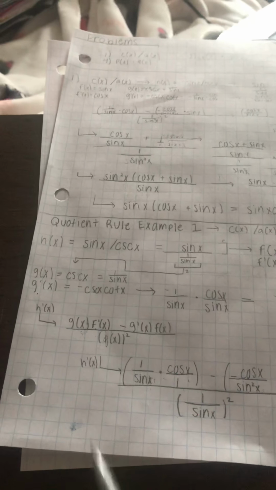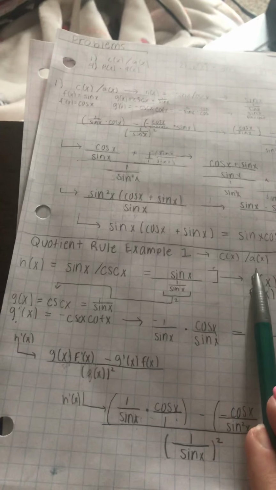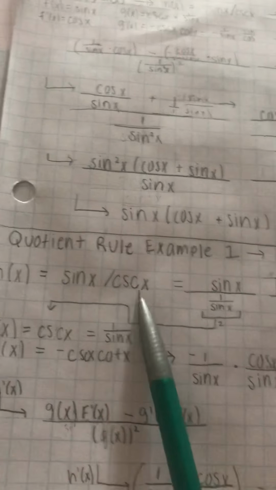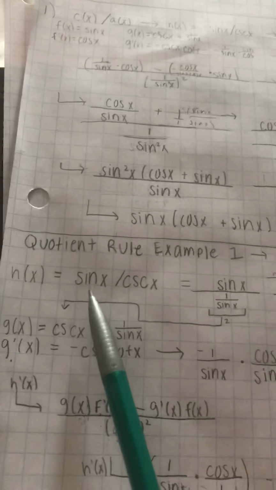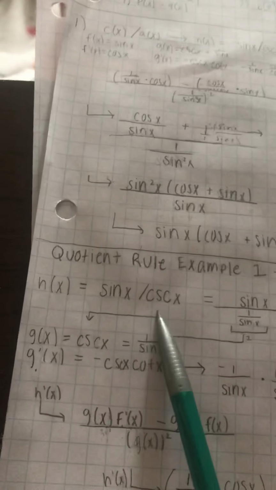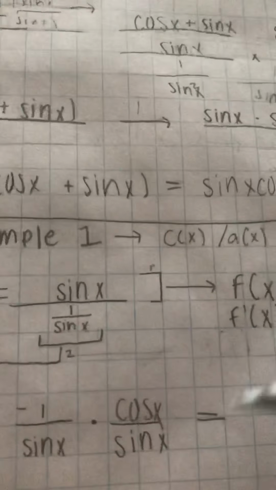For this video, I'll be going over my first quotient rule example. I did c of x divided by a of x. For my problem set, I had sine of x is equal to c of x and cosecant of x is equal to a of x. Using this, my equation for my first problem is h of x is equal to sine of x divided by cosecant of x. Using some trig identities, I turn this into terms of sine and cosine,